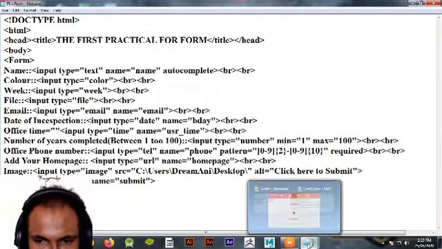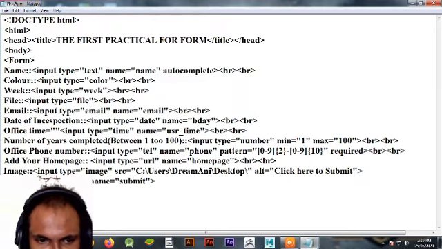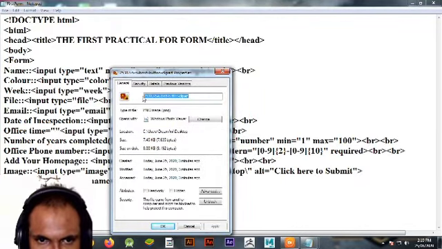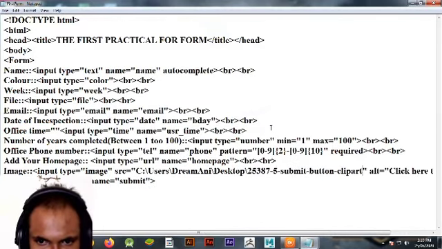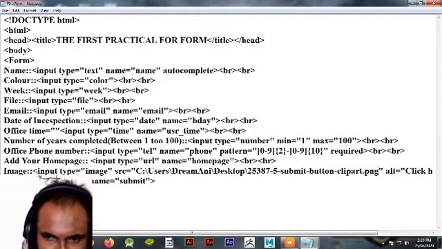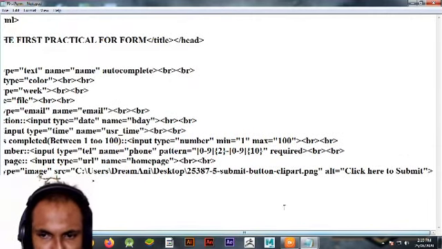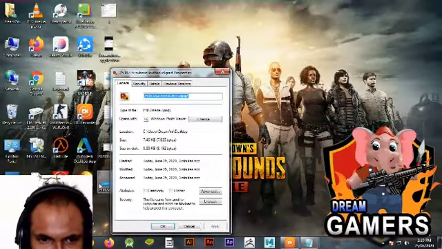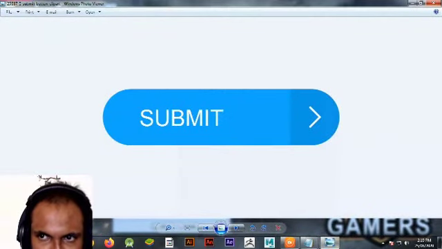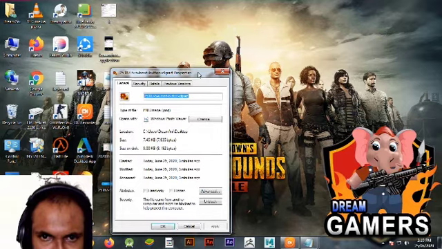Now the remaining part is the name of your file. The name of the file is this, so you copy this and paste it, and the extension of this file is PNG. Why PNG? Because the icons of files are made in the PNG format, so you can make icons. We have to take the submit icon there, so it will look like a submit button, like this that I have shown you. Okay, we will see that after running the program.